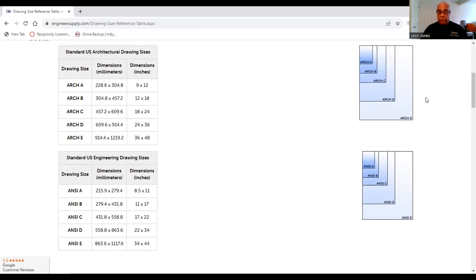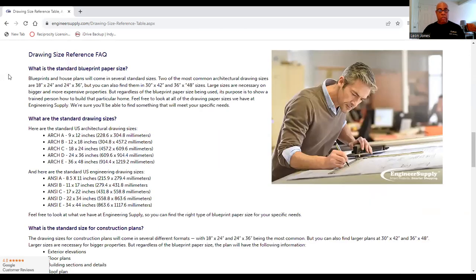But again, what is the standard blueprint paper size? Well, again, blueprints and house plans will come in several standard sizes. Two of the most common architectural drawing sizes are 18 by 24 and 24 by 36. You can also find them in 30 by 42, and these are all inches, and 36 by 48 sizes. Now, large sizes are necessary on bigger and more expensive properties, but regardless of the blueprint paper size being used,